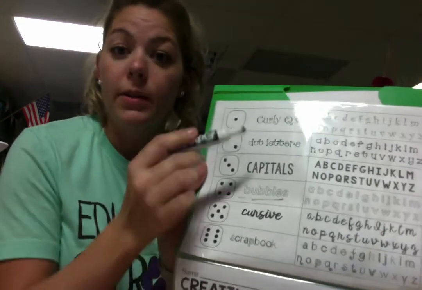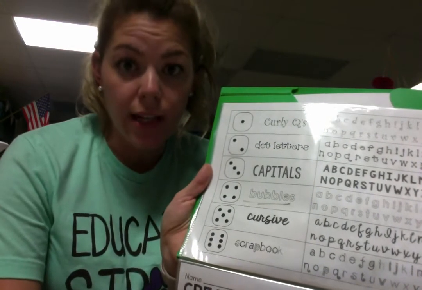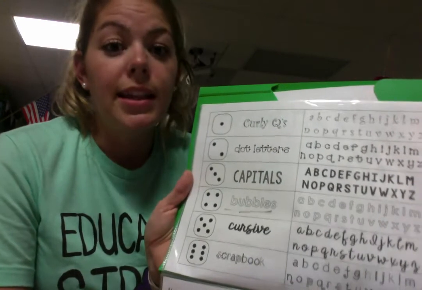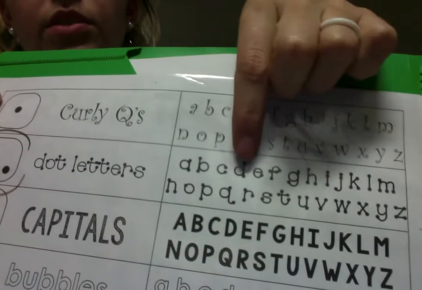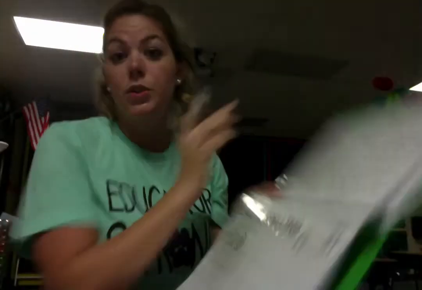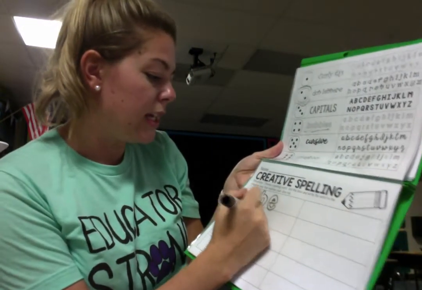But you'll roll the dice again on your Seesaw activity, and then you'll try a different type of spelling or a different type of writing depending on what your dice landed on. So let's say this time my dice landed on 2, and so I'm going to do some dot letters. So I'm using this as an example, and I'm putting dots on my letters like the letters are formed here. So if I wanted to keep doing the, I could do that, and I could put T,